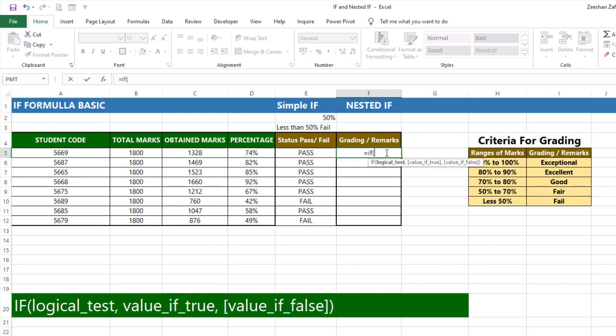Let's suppose IF function, bracket open, D5, if D5 is greater than 90%. I should apply the 90% first. I cannot apply 50% first. If D5 is greater than 90%, then